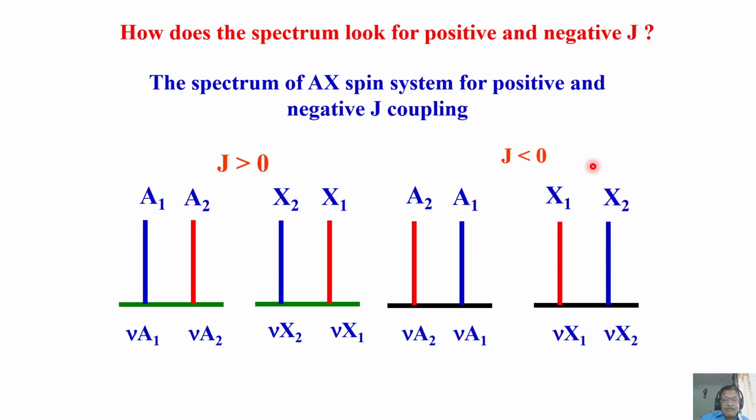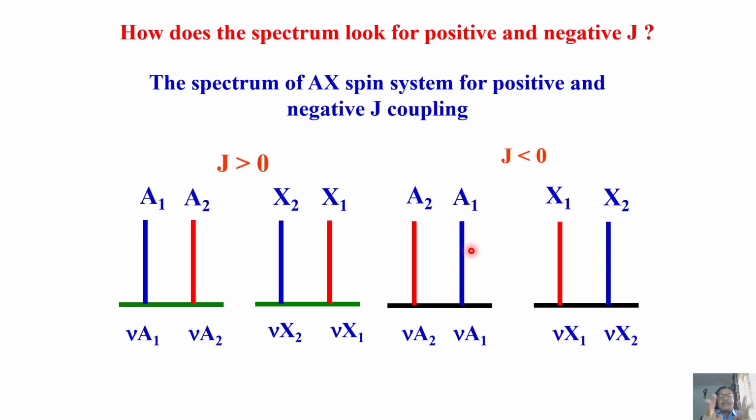Fantastic. But if I don't color it, if I don't tell you anything, you will not know which transition is which, because you don't go and work it out from the energy level diagram every time. If I give you a spectrum with J greater than 0 and another spectrum with J less than 0, independently, you will not find the difference. Everything overlaps the way it is. Only internally, the lines would have interchanged with the change of sign. Look at this: two lines are like this, and they get reversed. That's all.